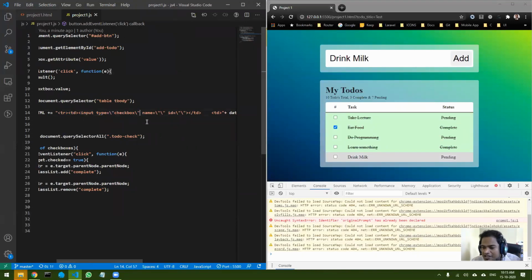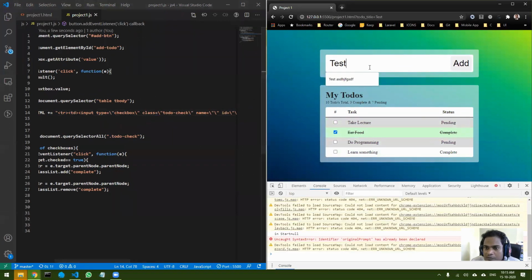Because we copied the code before it. So I have not added that. So let's add that. I have added this class to-do-check in the checkbox, and let's escape the codes. And now if I save it, let's hope it works.